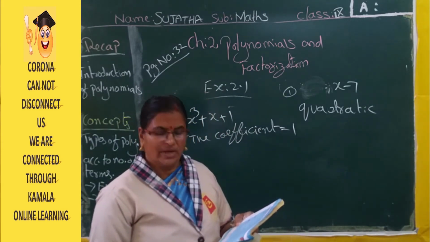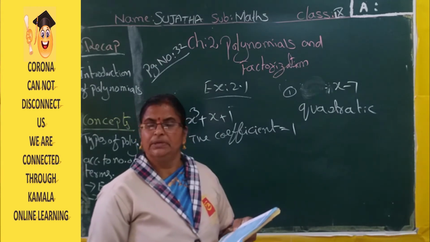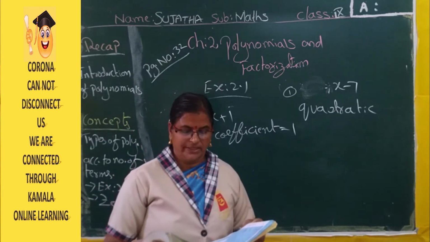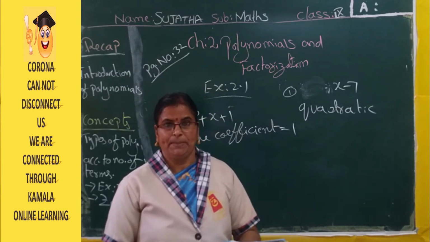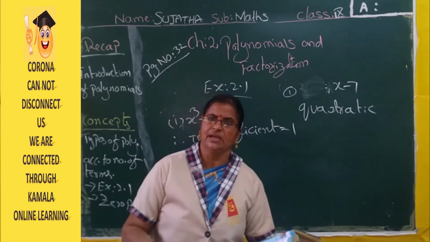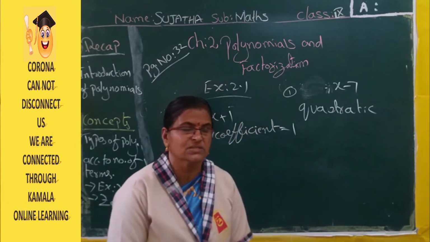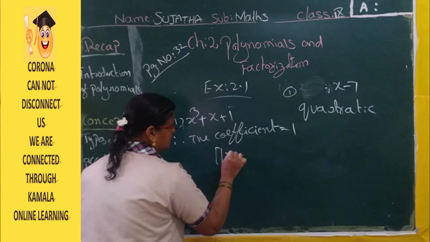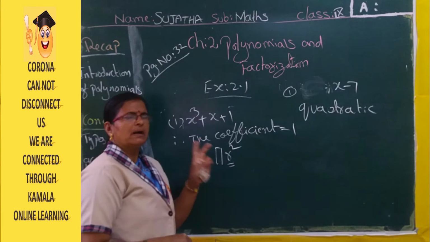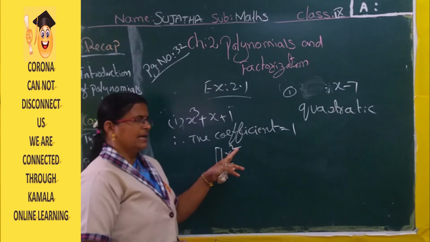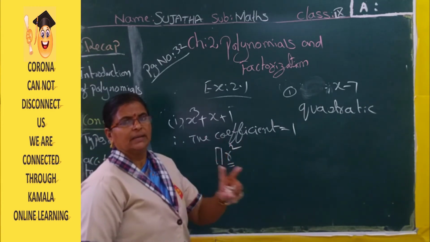The second one is quadratic polynomial, cubic polynomial. The third one again has degree 2, that's why it is quadratic. The fourth one has degree 1, it is linear. The fifth one, 3p, p power 1, so that's why it is a linear polynomial. Pi r square is a polynomial, and r is a variable. We have to see the power of the variable only. Here the highest power is 2, that's why it is a quadratic polynomial.